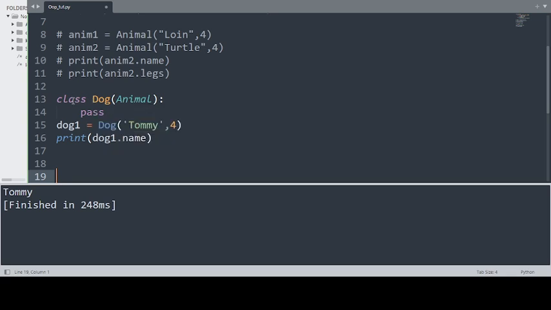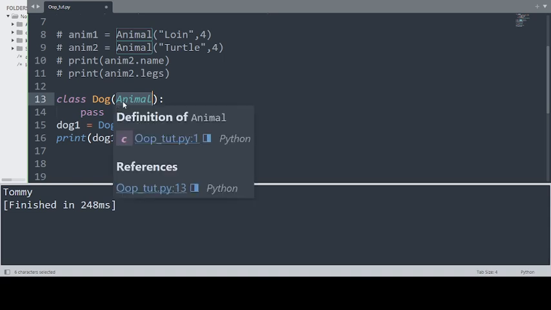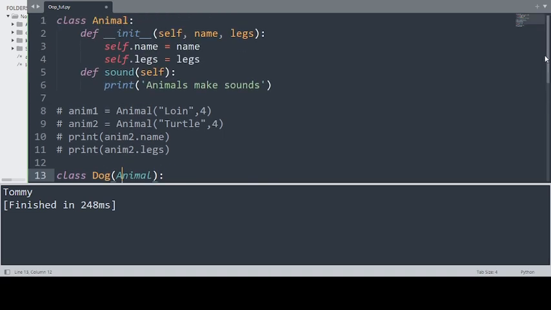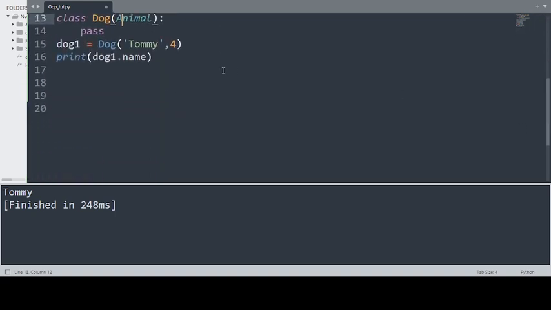All we need is to write the class keyword, and then the name of the class, whatever you want to write. I write dog, and all the properties of animal I want to inherit in this class. So all I need to do is write, within parentheses, the name of the class. In this case it's animal. So all the properties that I have described in this animal class are now part of this dog class. And then we created an object, and